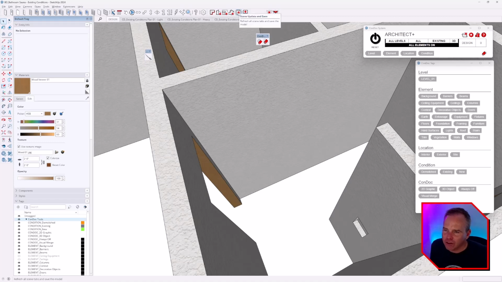I think you could even change your keyboard shortcut of Control S to be the scene update and save if you're using ConDoc, because